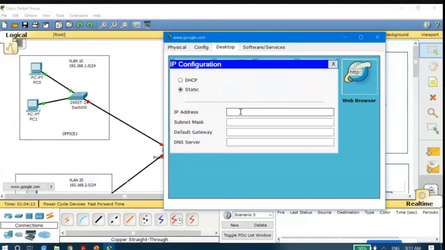I will enter the IP address 10.0.0.2, because I will be using 10.0.0.1 as the gateway. Subnet mask, default gateway is again 10.0.0.1.